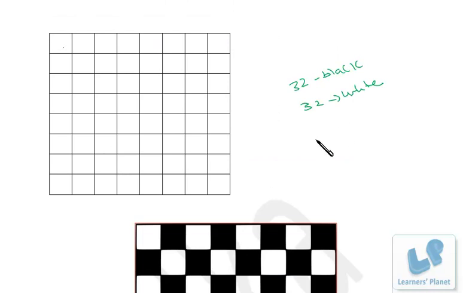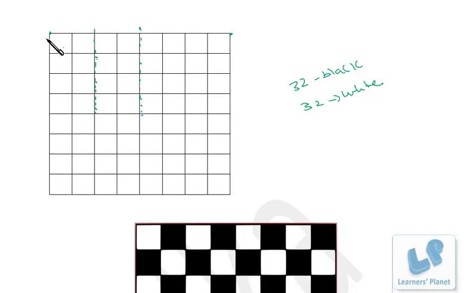See, how a rectangle is framed, just see. So there are 1, 2, 3, 4, 5, 6, 7, 8, 9 points, right? And here also 1, 2, 3, 4, 5, 6, 7, 8, 9 points.